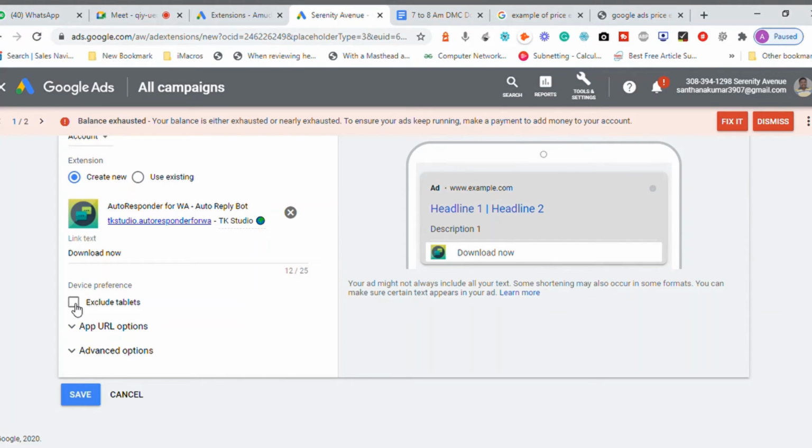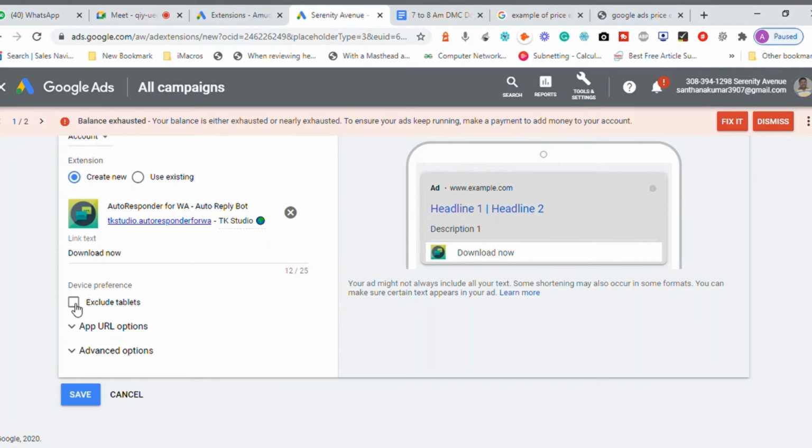If it is not supporting this, or if there is a tablet running a very old version of Android like Android 4.4, and you do not want to show your advertisement to people using a tablet, you can click on the exclude tablet option so that your advertisement is not shown on tabs. It is shown only on smartphones.